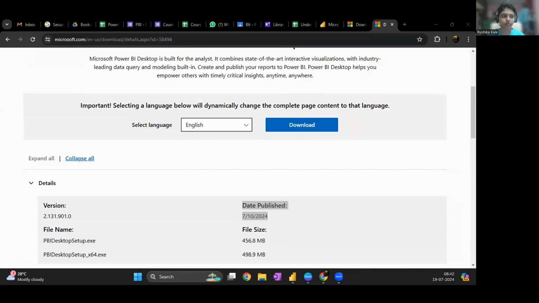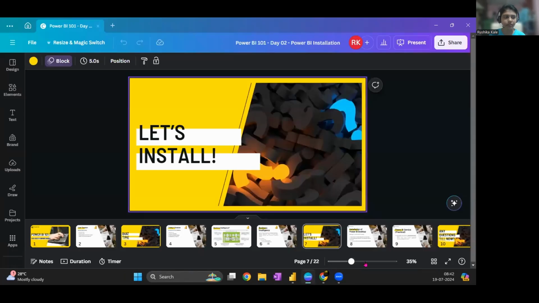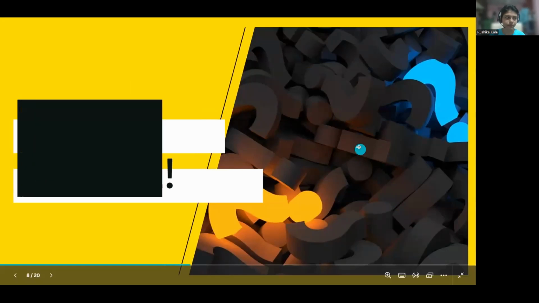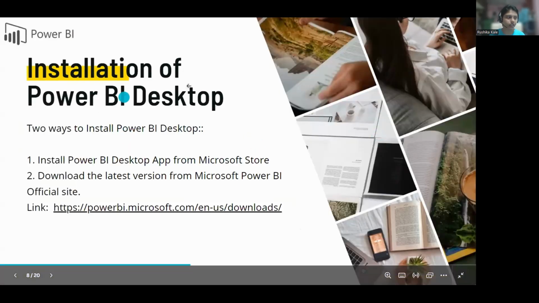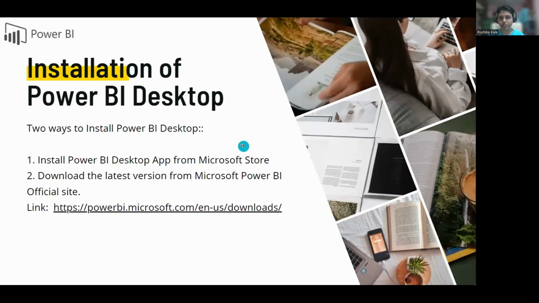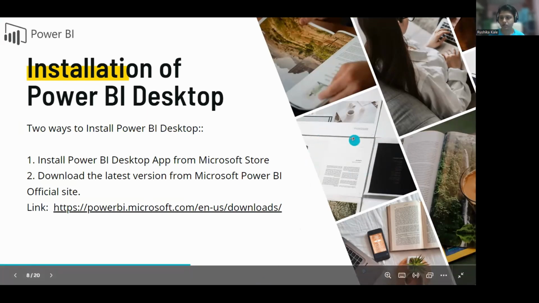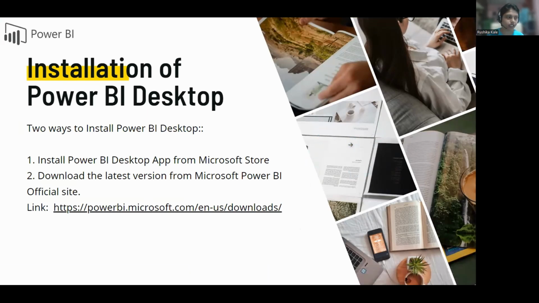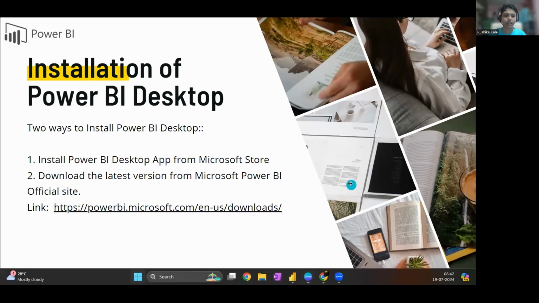Okay, all good. Any questions about the installation process? Anybody facing any issue while installing it, suppose? I have also mentioned on the slides where you can install it from. There is a store app as well as a download link. But again, the recommended one is the Microsoft Store. All good. You can just click on that and it will be in progress.